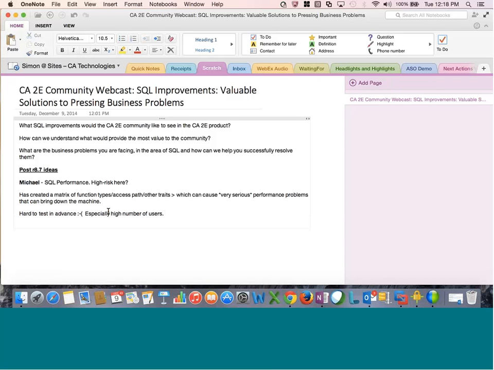This is a scenario. Thank you for describing that scenario. Michael says that he's got a matrix which describes function types, access paths, and other traits. And when you're in that particular configuration, you can end up with very serious performance problems that can bring down the machine. It's hard to test in advance, and especially harder to test in advance is the high number of users. Before we explore that a little bit more with the other folks on the calls,